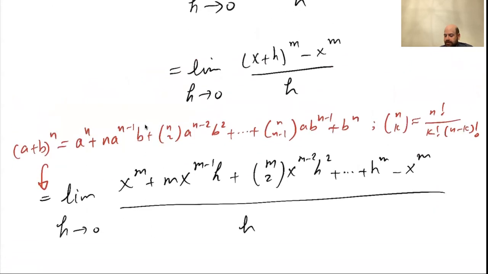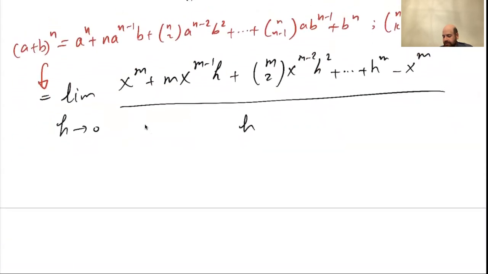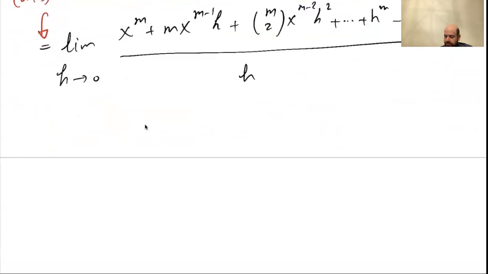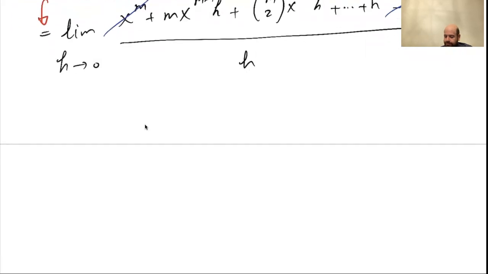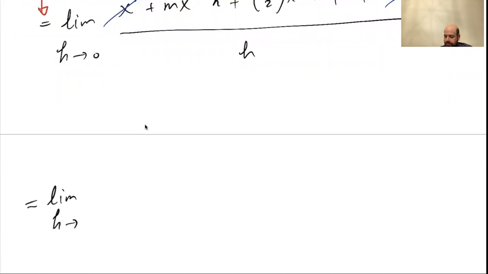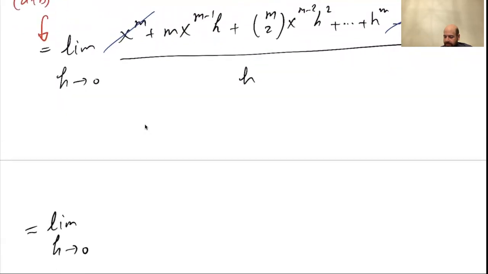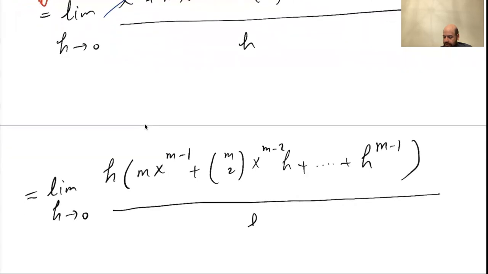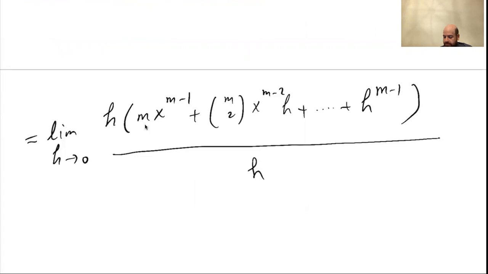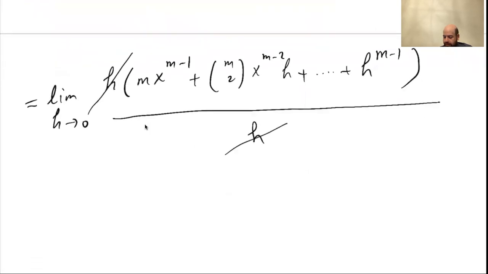So we use this identity. My a here is x, my b is h. We wrote it this way, and then this will be equal to, now x to power m cancels with x to power m, right? So we are left with the limit as h approaches 0. And then I can factor h out: h times m x to power m minus 1 plus m choose 2 x to power m minus 2 h plus, and so on, plus h to power m minus 1, divided by h. Now h cancels with h, and we are left with